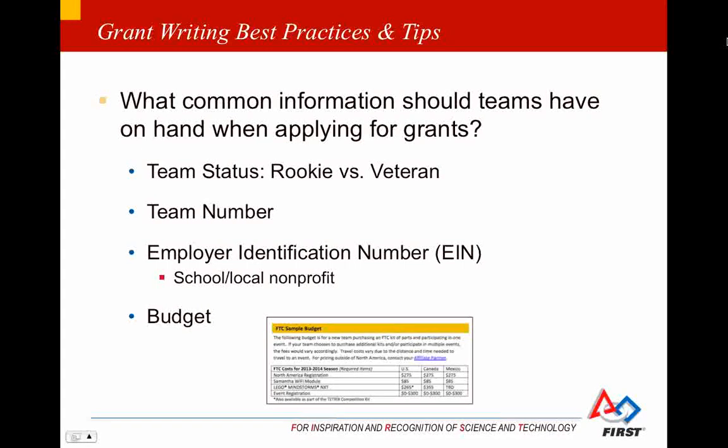And a final common piece of information that might be asked for when applying for a grant is a grant budget for the team and how that team may use some of that funding and what they anticipate their needs are for the season. And here we have a picture of the...